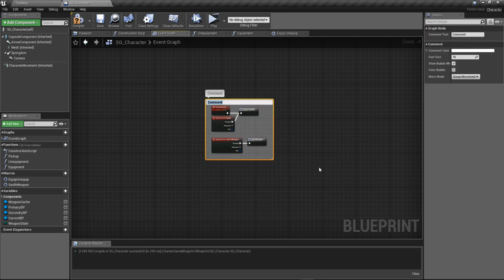You can name it equip and switch, switch weapon system. Okay,